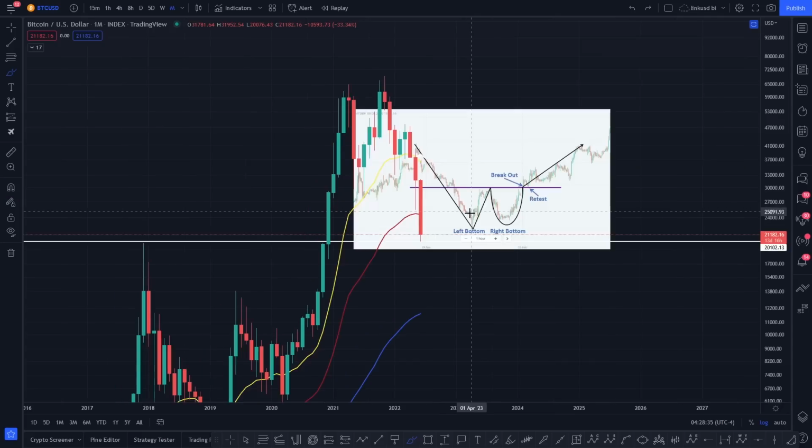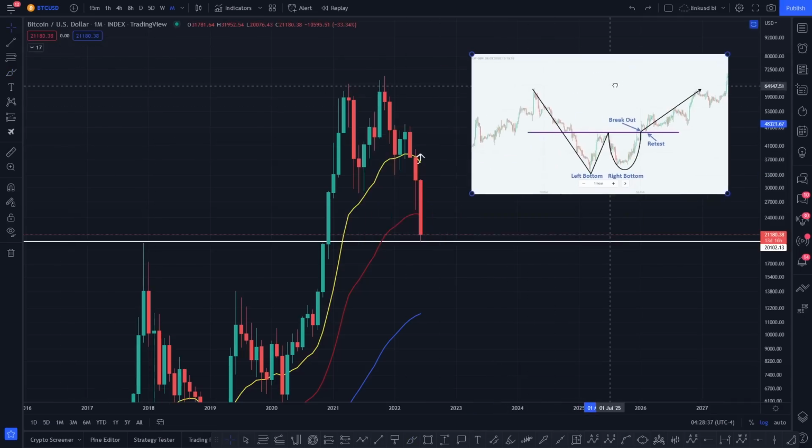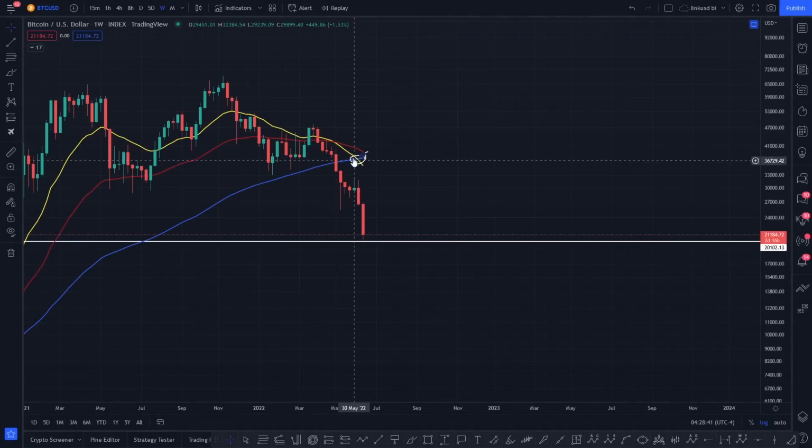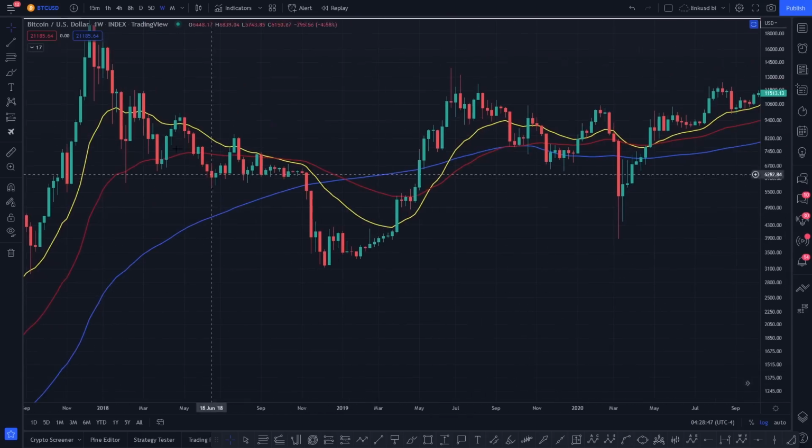There's absolutely zero guarantees, and obviously, if Bitcoin right now invalidates this data on the weekly time frame just there, this data, this cross, given a specific time frame as to the bottom, because I'll show you for those that are new to the channel,